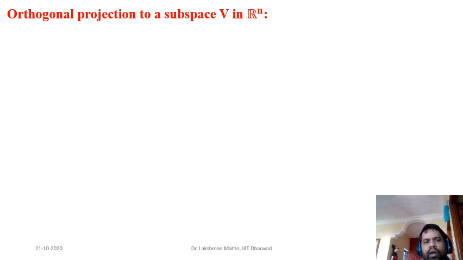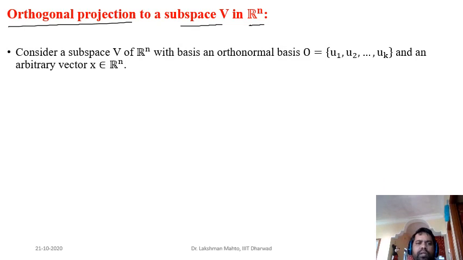Now I'm coming to another problem: finding the orthogonal projection with respect to a subspace in Euclidean space R^n. We will take any n-dimensional vector and project it into a lower dimensional subspace. How can we derive that with the help of an orthogonal basis? Here I have given the steps. Suppose we have a subspace V, then V will have a certain kind of non-standard basis. Always try to find a non-standard basis.